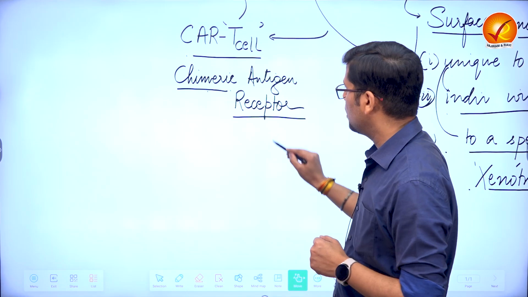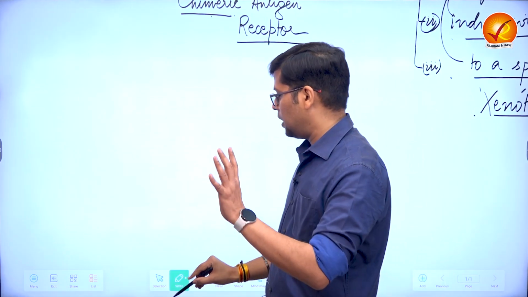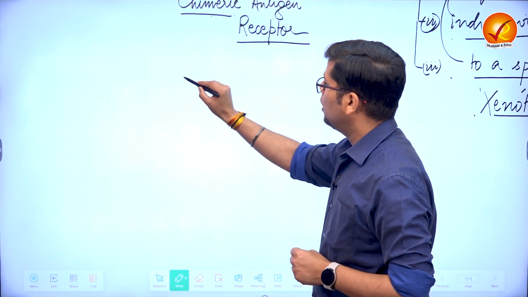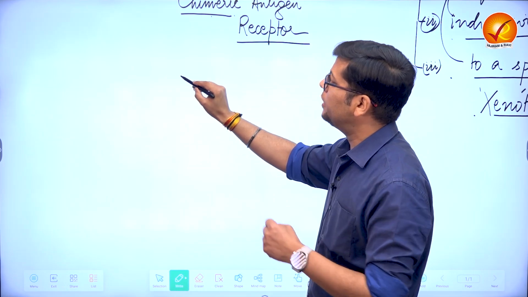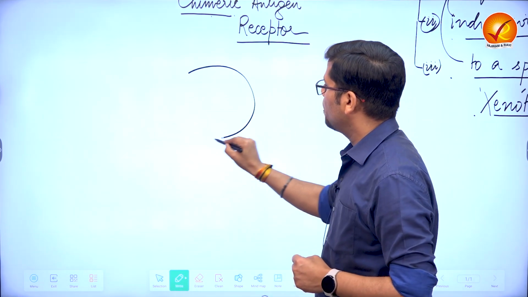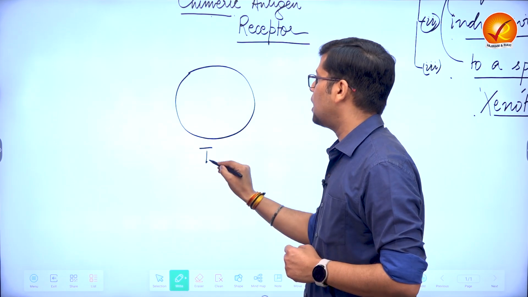You see how? In a quick manner, I'll just try to explain. The person suffering with leukemia, the blood cancer, you draw the T cells out from the blood,